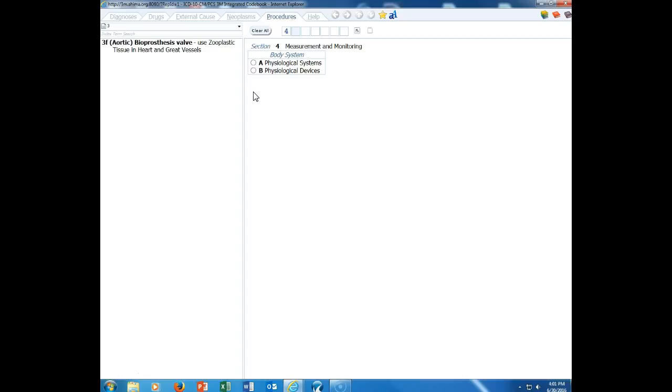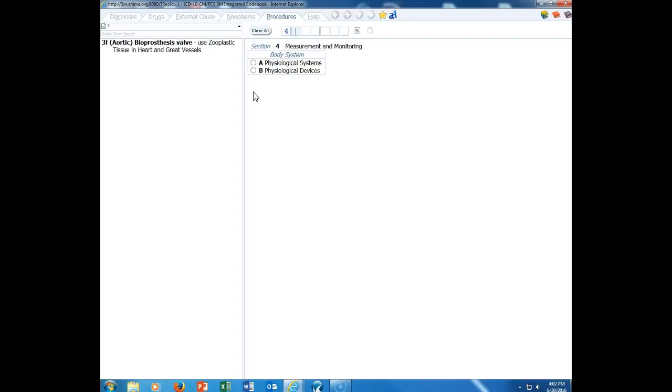And they did 3 episodes of video electroencephalograms over 3 days, and it didn't reveal any epileptic activity. So her diagnosis is just transient alteration in awareness. And then the procedure code that would be used for this, in